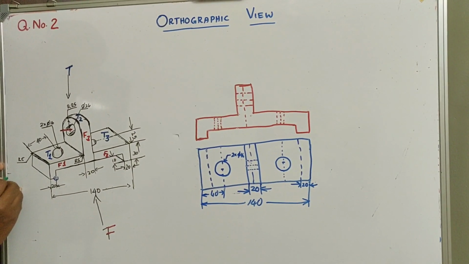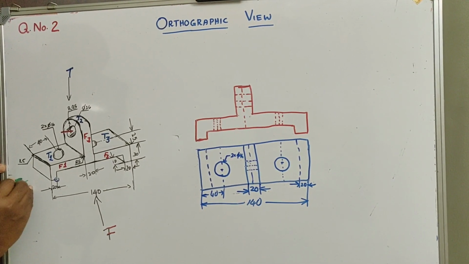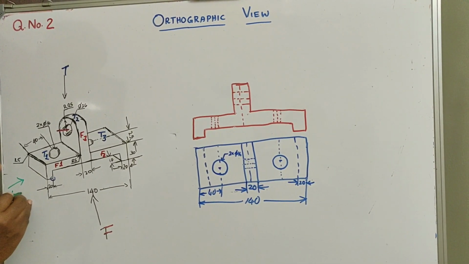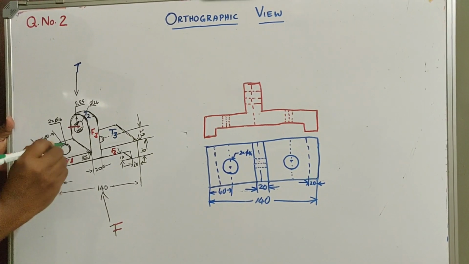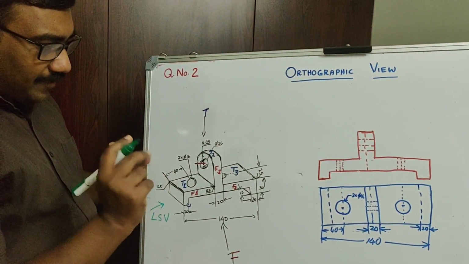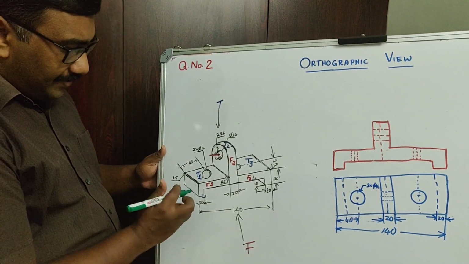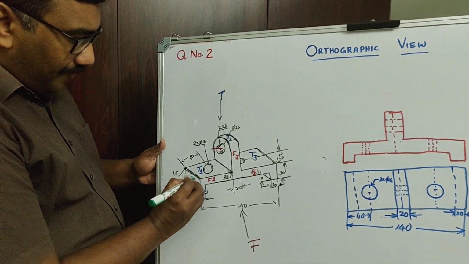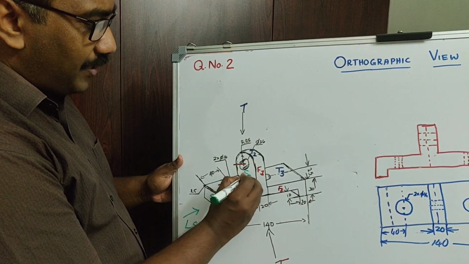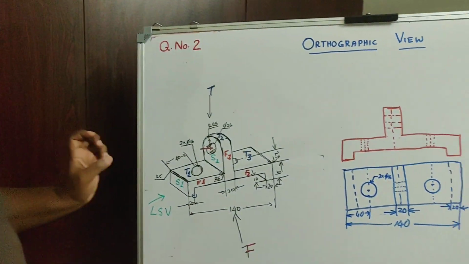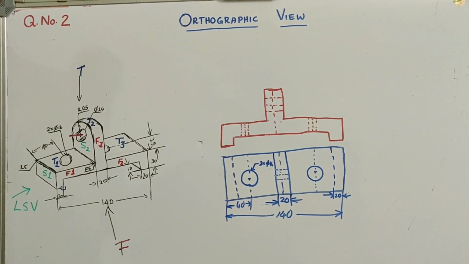Now we have to get the side view. Side view from left. So left side view. So when you are looking from the left side, you can see only two surfaces clearly. One is this one, side view S1, and another surface this one. These two are only visible. Let us try to complete that.